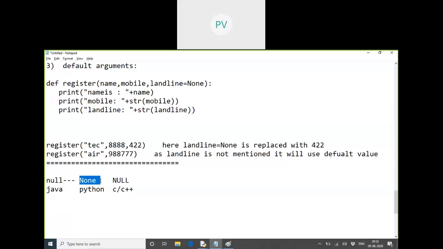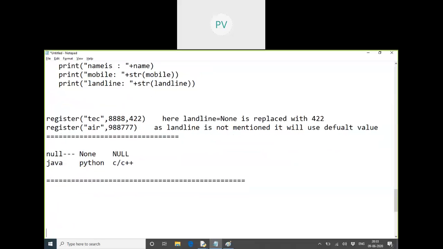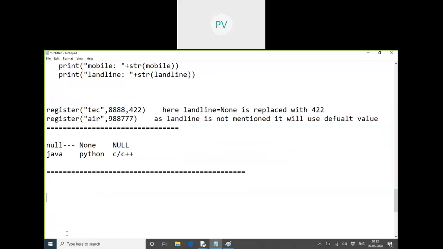In Python everything is an object right now. There is no other data type. We have said references: variables can be either none, or variables can be talking about some object. So either they are pointing to nothing or they are pointing to some object. That's the only difference here. But I can't give a variable as null. We can't say variable is equal to null. This is wrong. Okay. Is that clear? Any confusion till here? So default arguments is clear.